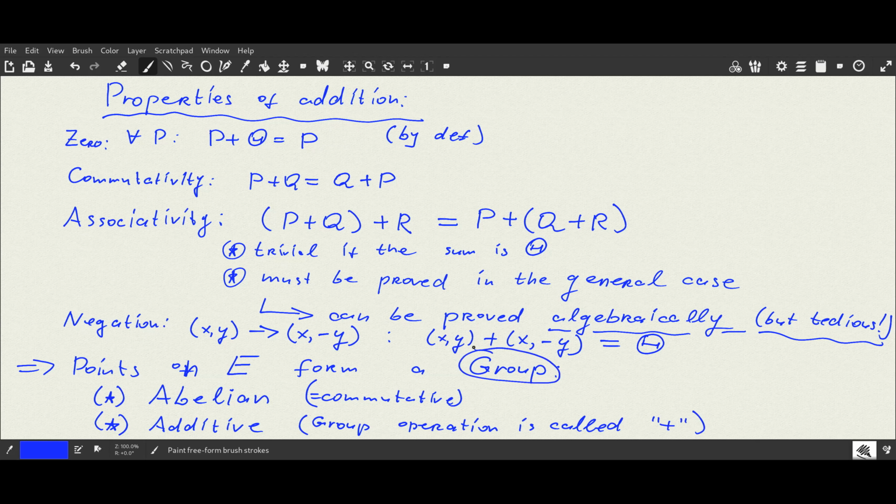Okay, so that's indeed a group property. It is not a field, it is not a ring, because we define only one operation. We define addition of points. We do not define